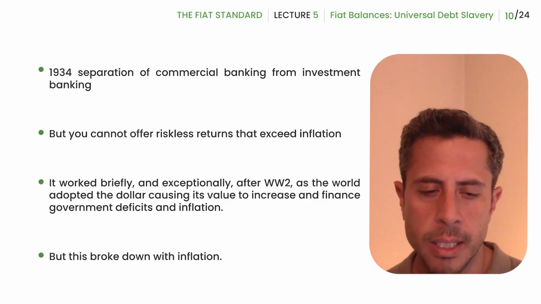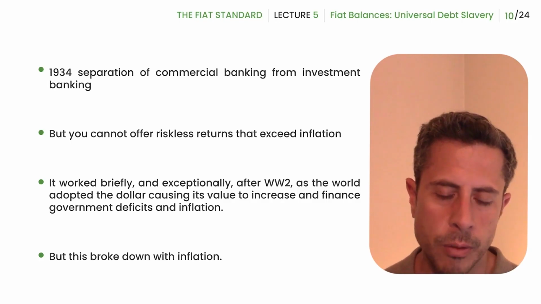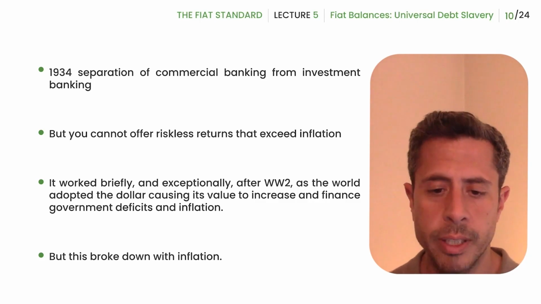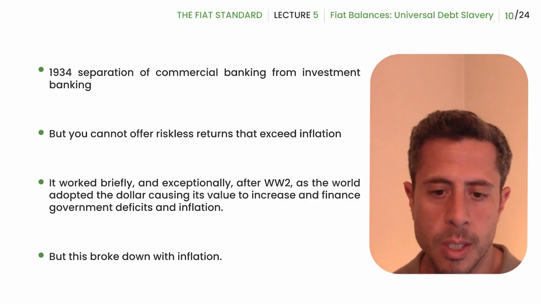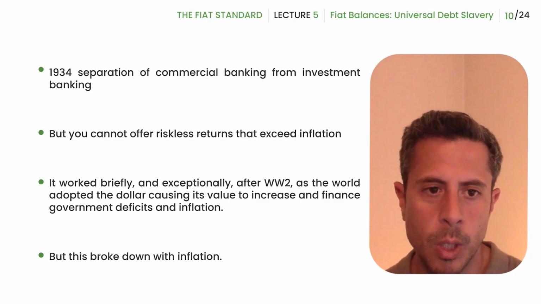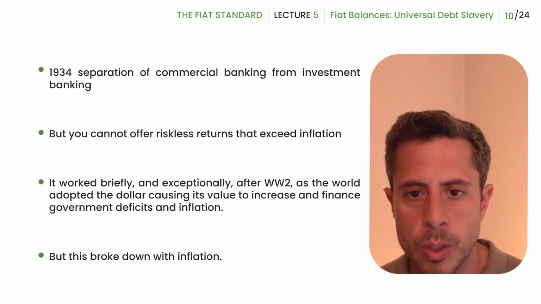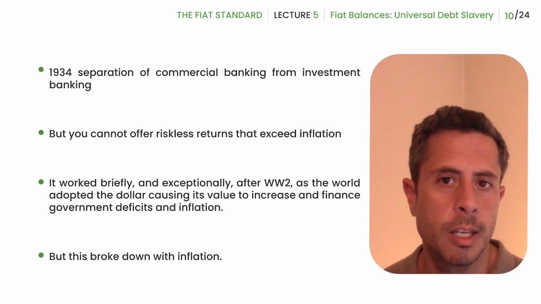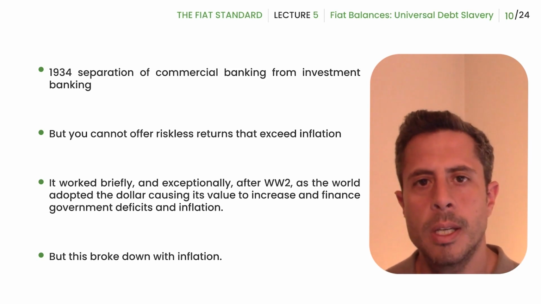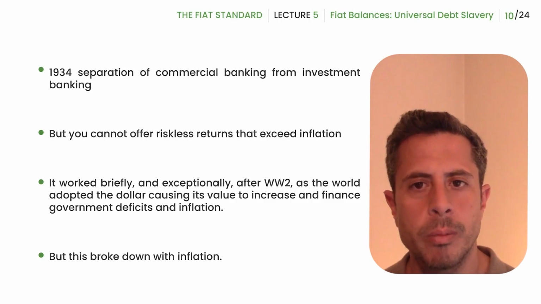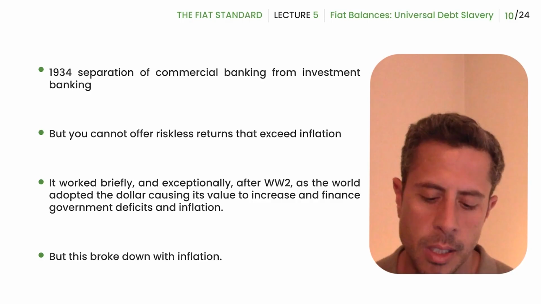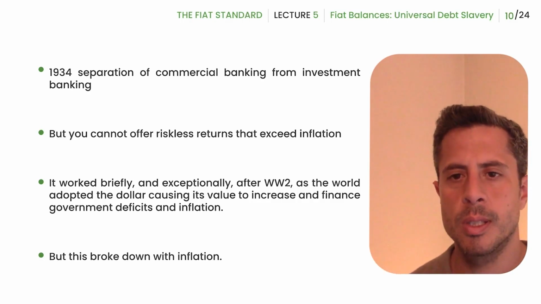And as a result of that, in 1934, the way that they tried to fix the failure of fiat to provide people with savings, because the stock market failed and it destroyed people's bank saving accounts as well. Everything went down because everything was intertwined. And so in 1935, they introduced the separation of commercial banking from investment banking. So the idea was that we're going to keep people's savings accounts and checking accounts separate from investment banking so that speculation on companies and all of that stuff is not going to affect people's saving accounts.